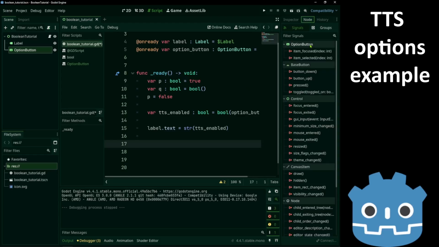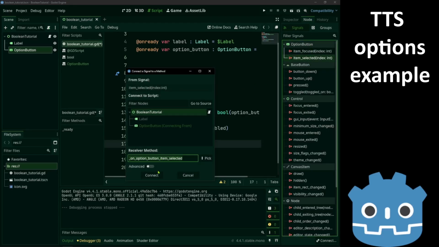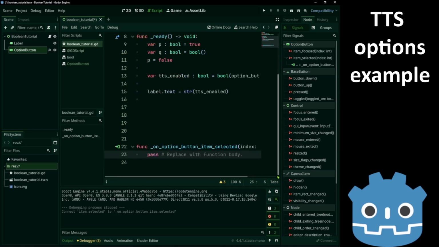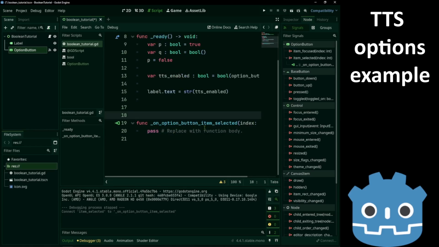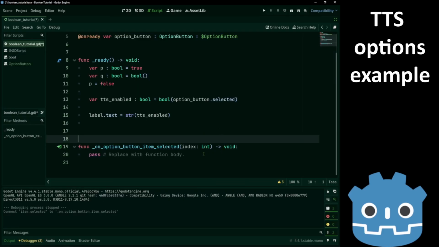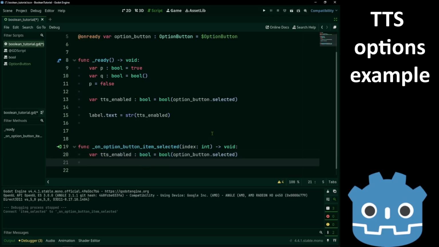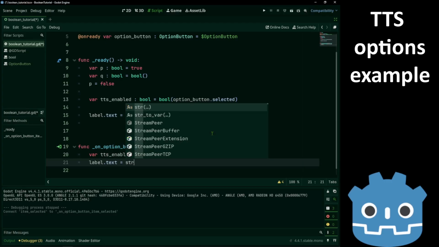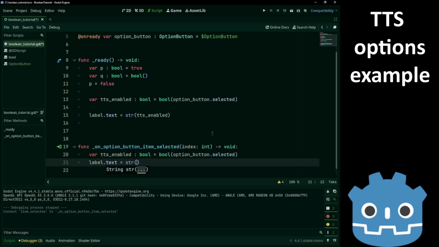So let's make one through the editor. We double click item selected and hit connect. This method will be called every time we select an option. So let's copy this. Let's say TTS enabled.